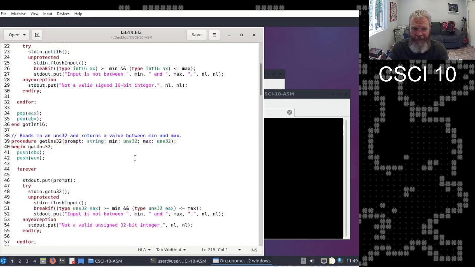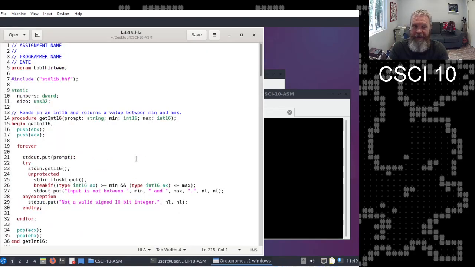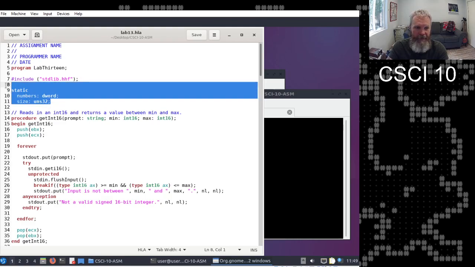But there's only 8 things in this lab, so study this lab. This is a lot of stuff that you need for the project. So let's look at this code. Right here at the top,